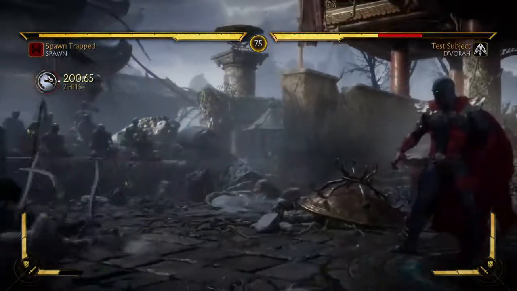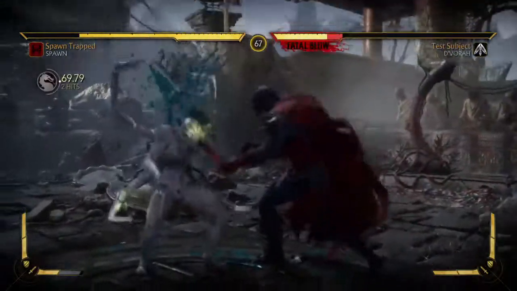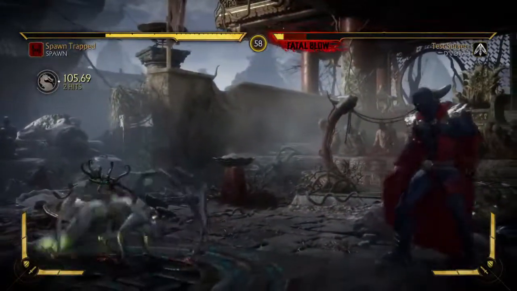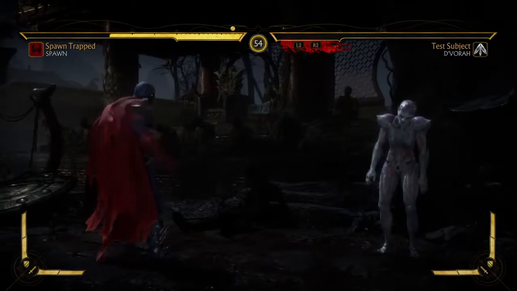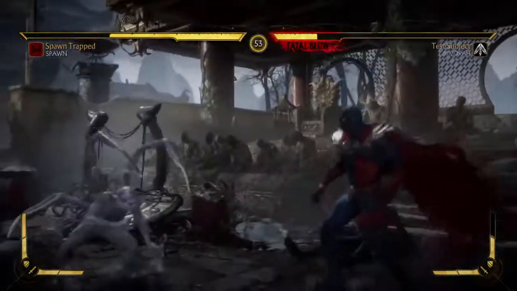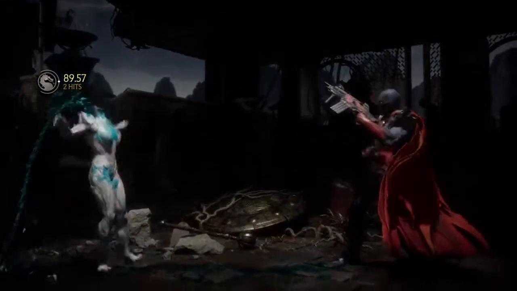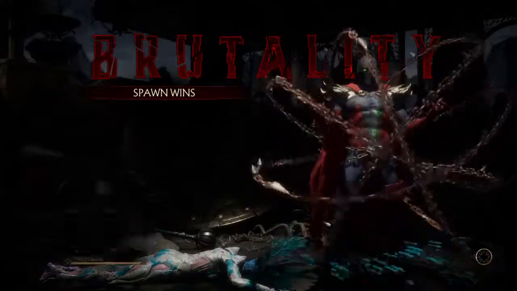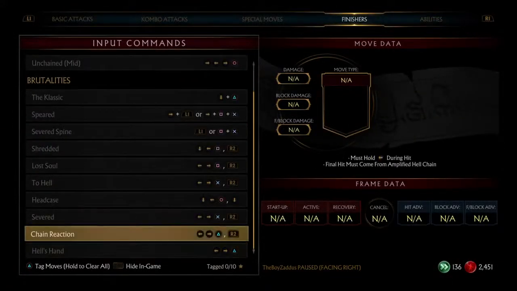Block that. So it will be... Finish her. Mercy. Okay. That is so sick. Another soul for Malbolgia. Spawn wins. That is sick. That brutality is sick. Considering this variation doesn't have the guns in it, to have that included in this brutality is dope. Okay, so let's do the next one, which is